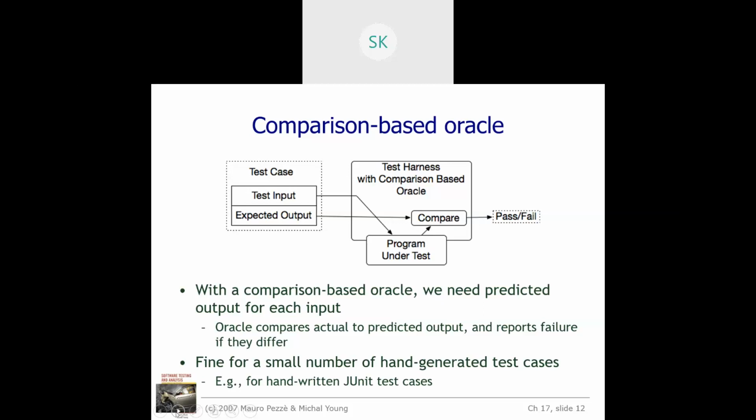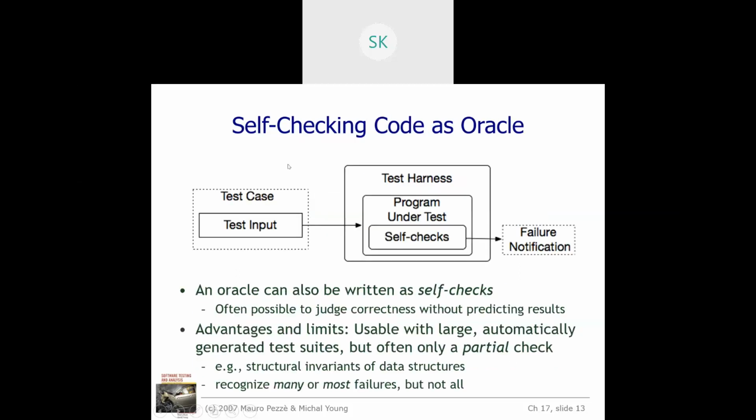Fine. If you want to capture the image with respect to only the front side of your image, not the side face, then it's okay. You can just capture it and keep it. But what happens if you increase the number of images of a single person, followed by n number of such persons, if you are having humans? Then what will be the test case? Then your comparison-based oracle does not come into the picture. Instead, we move on to the one called self-checking code as oracle.